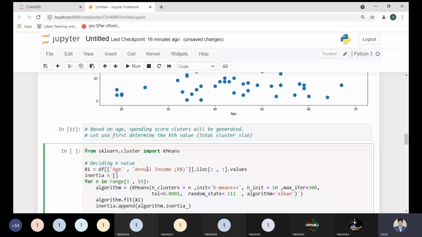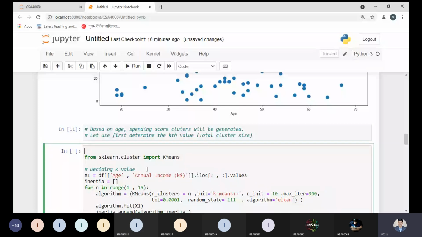So see, as I told you, in clustering there is no need to use a training or testing data set. What is our activity? We are making clusters of our data set. The total number of records in the data set is 200. This is the important number you need to keep in mind.